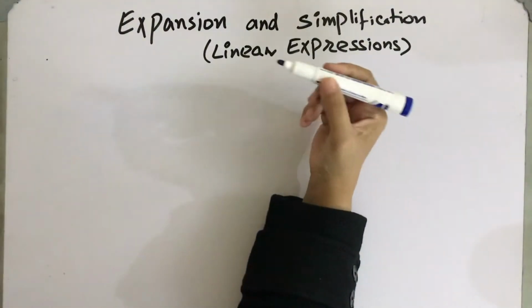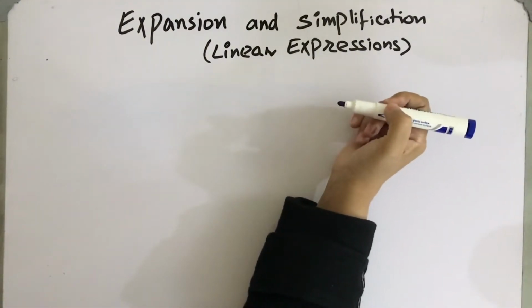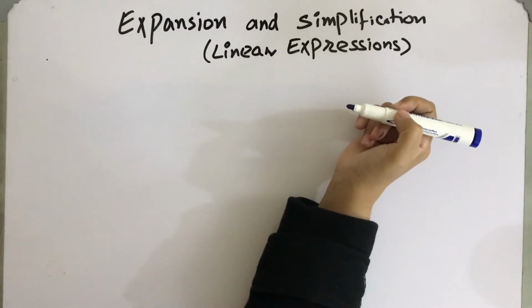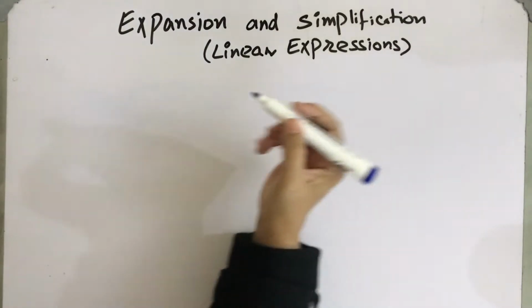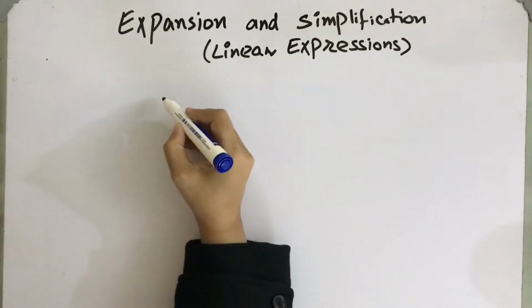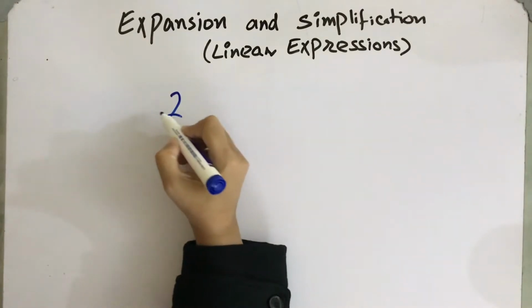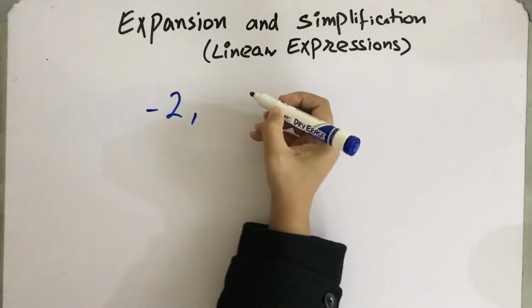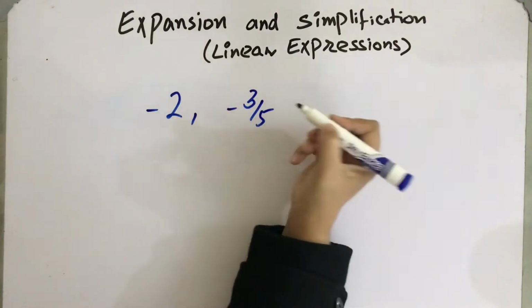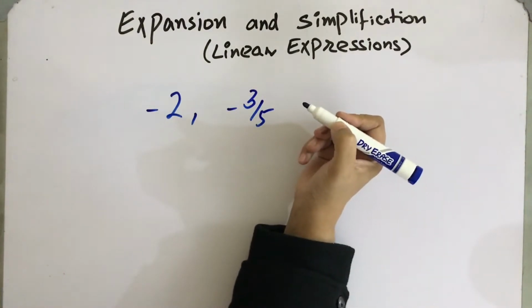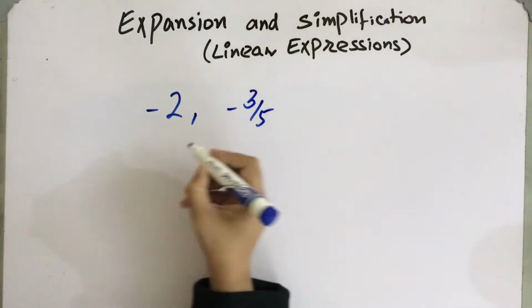The topic for today is expansion and simplification of linear expressions. It means we are going to expand and simplify two or more linear expressions. For that, first of all, I shall explain the negative of an expression. In integers, if we have the negative of 2, we write minus 2. In rational numbers, the negative of 3 by 5 is minus 3 by 5. Similarly, if we have to find the negative of a linear expression,